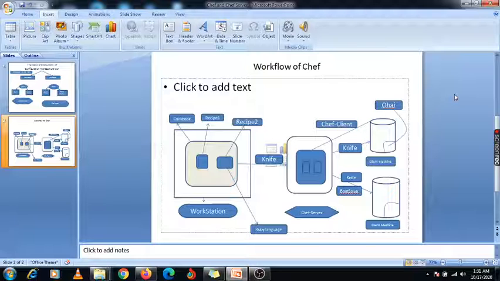Before the demonstration, let's go through the workflow of how Chef works. Basically there are three components: the workstation, the Chef server, and the third one, your client machine, which you can call node 1 or node 2. This is my workstation. All the work you are doing is done on your workstation.